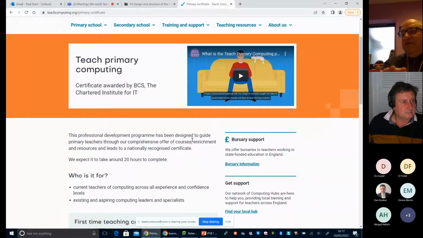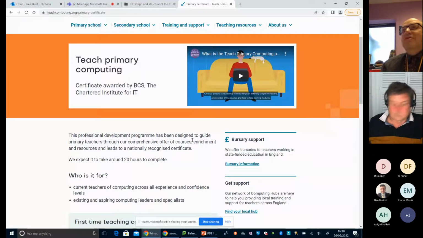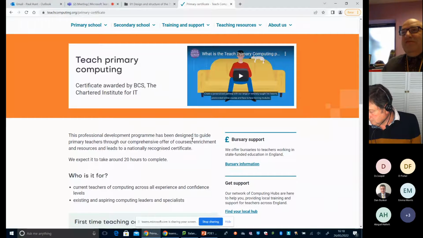So if there is a small cluster of schools near to you, you could be the host school and invite them to come along to the course on that day. That works. Minimum numbers are 5. So if you get 5 people, that's the minimum number. The bursary will only apply to 1 teacher per school. So if you've got 5 teachers who all want to do it in your school, only 1 of those teachers will get the bursary, but you can get some more money for hosting it.